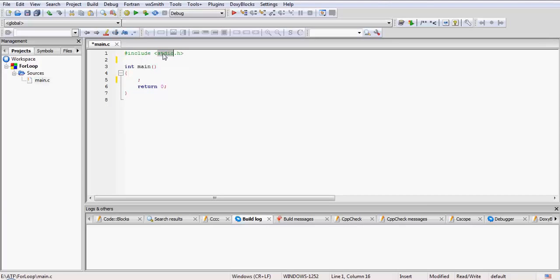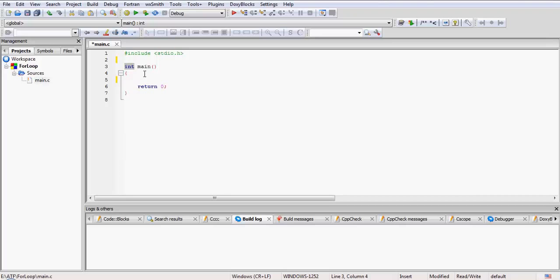I want to include stdio.h, which means that I am including this file which is standard input output, which contains the functions for basic console input and output like printf, scanf, etc. Okay, and this is our main function in which integer is the data type which the function will return. Okay, so return type of main function should always be integer in the C programming language because the main function